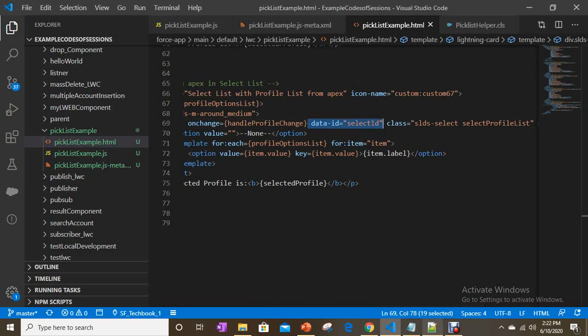So with this, we learned how we can prepare pick list options in different ways, how we can get pick list values without writing Apex code from the pick list fields, and how we can prepare pick list options from Apex for profiles in our case. This is how we can work with pick list options. Wherever you need, you can apply your knowledge from this session for preparing pick list values easily.